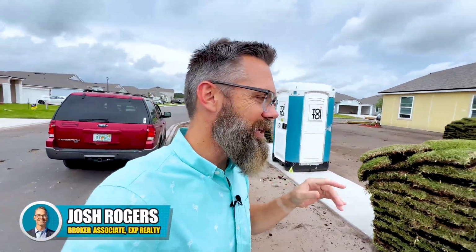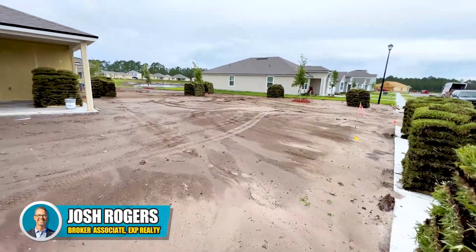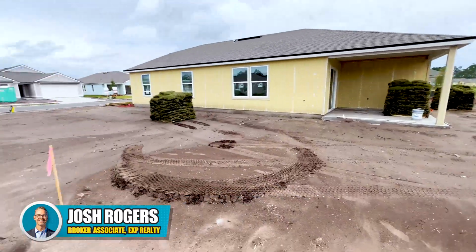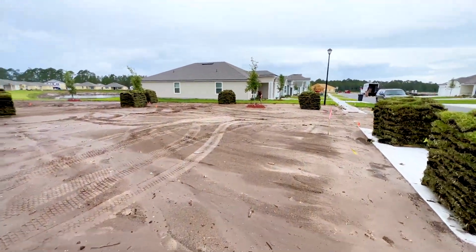I'm here in a community in St. Augustine, just cruising around, and I thought that this would be really cool for you to see that this is a graded lot that's leveled and prepped for sod. And so a couple different things at play here. The irrigation has already been buried, and